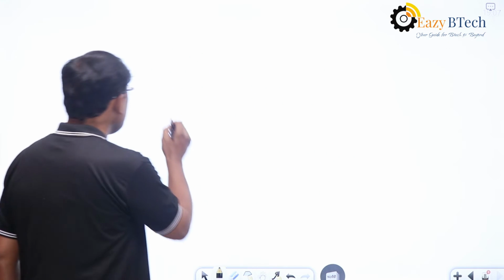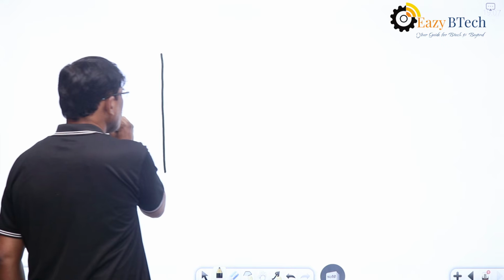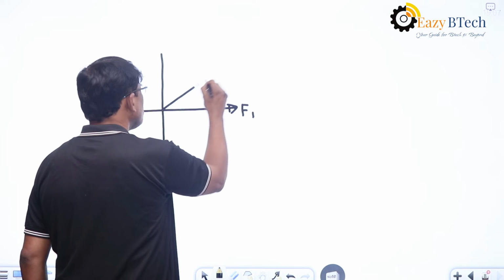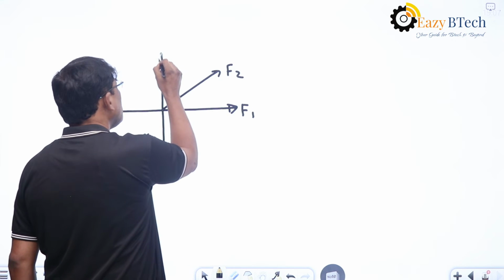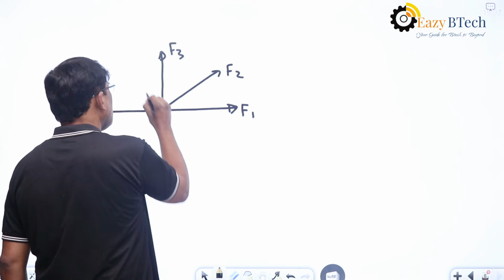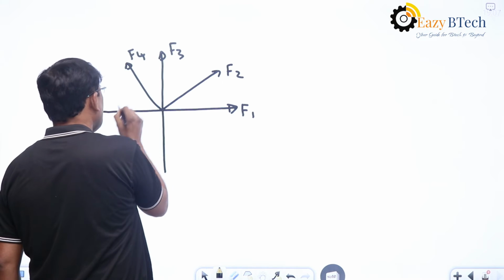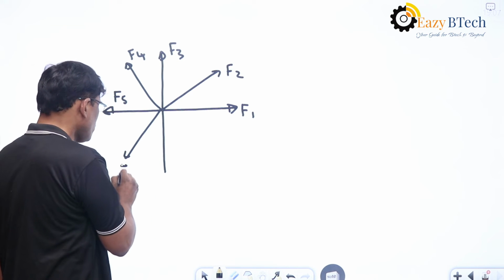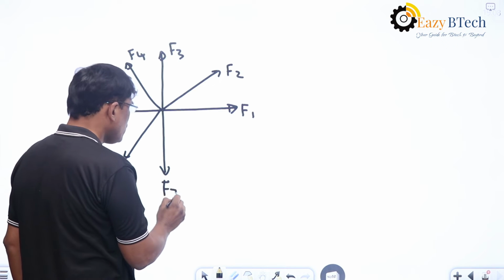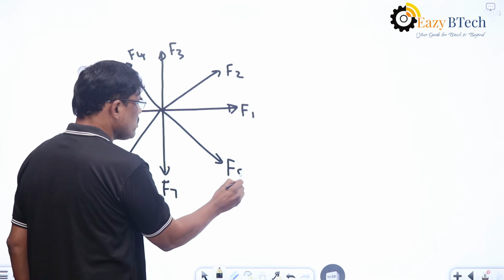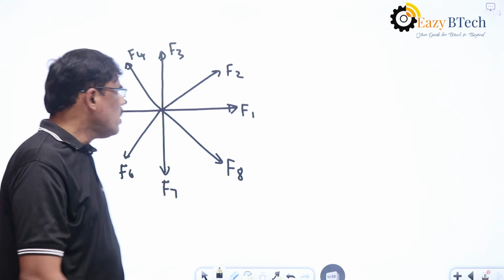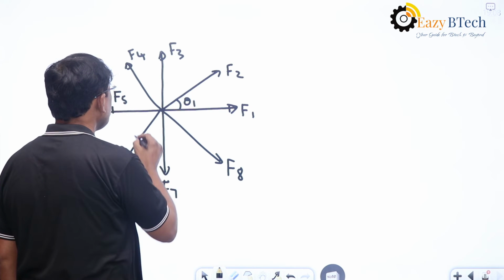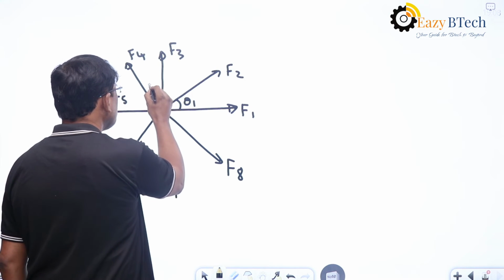And now we combine all these things in one diagram. So let us say this one is F1 and this is F2 and this one is F3 and this is F4 and this force is F5 and this one is F6 and this one is F7 and this force is F8. So now F2 is making an angle theta 1 with x-axis here